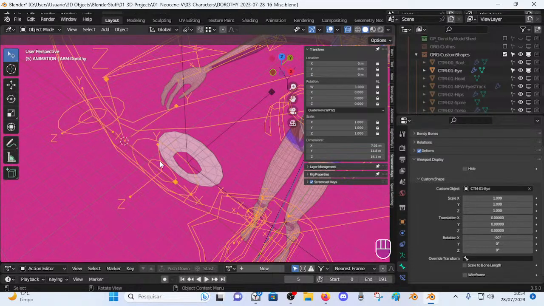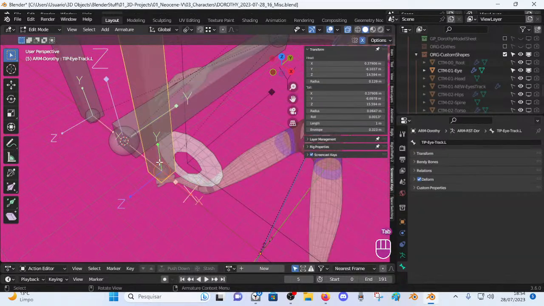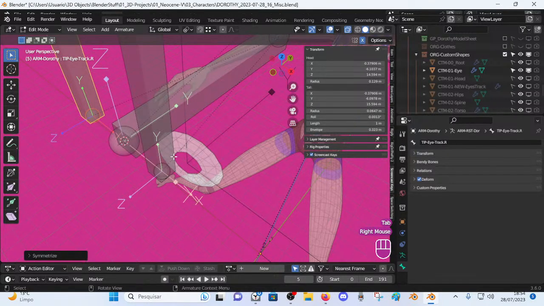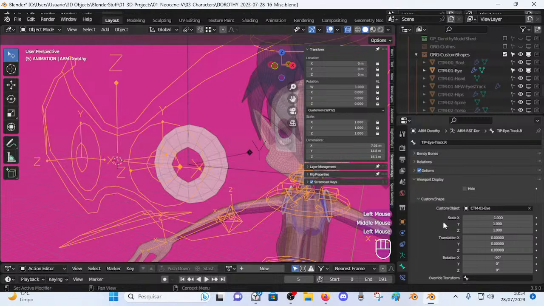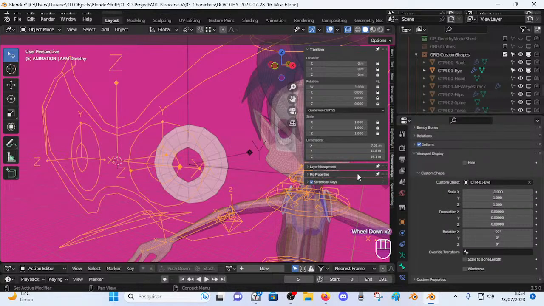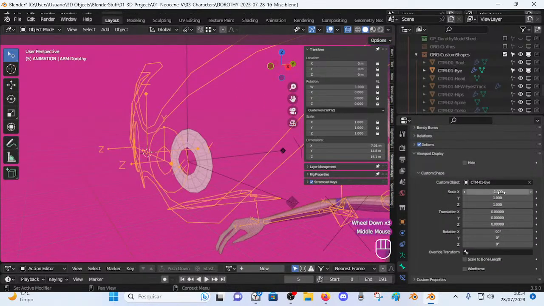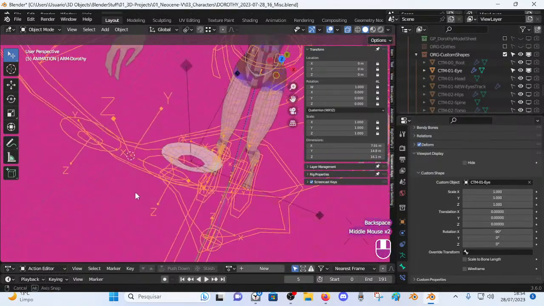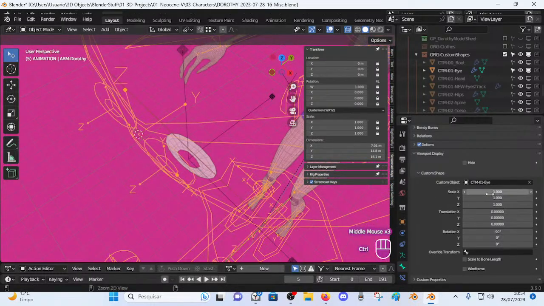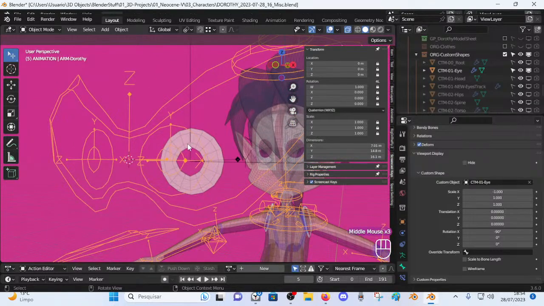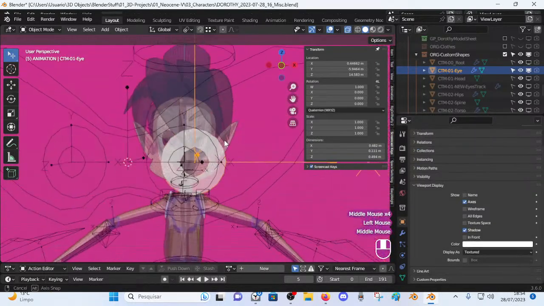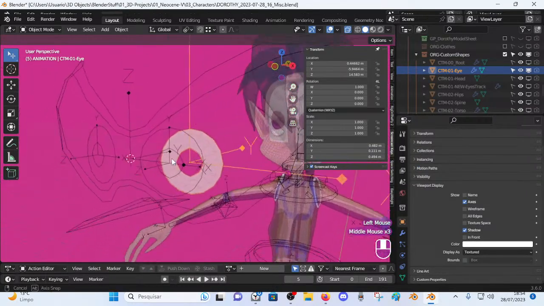So let's do this. The easy way to do this is to just symmetrize that bone. Okay. So now what we see is, why is the scale inverse? Oh, it's a symmetry. It's how it keeps symmetry. Alright, so apparently this widget is working,